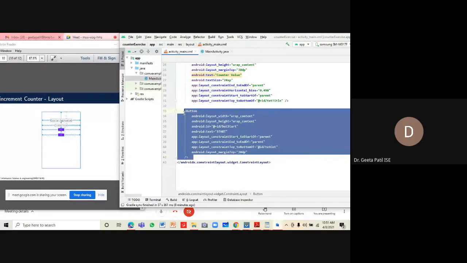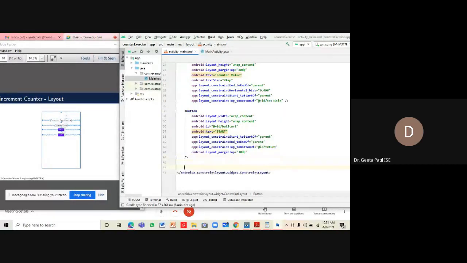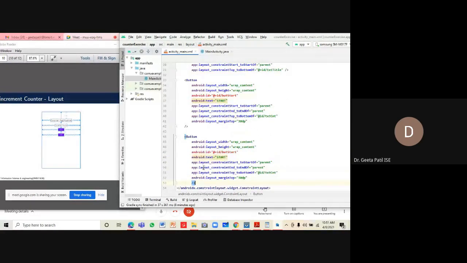Now the end button, I'll just copy this code and paste it over here and write the code for end, I mean the stop button. So button stop, ID changed to button stop. Constraint start is constrained with the start of the parent, and constrained with the end of the parent.